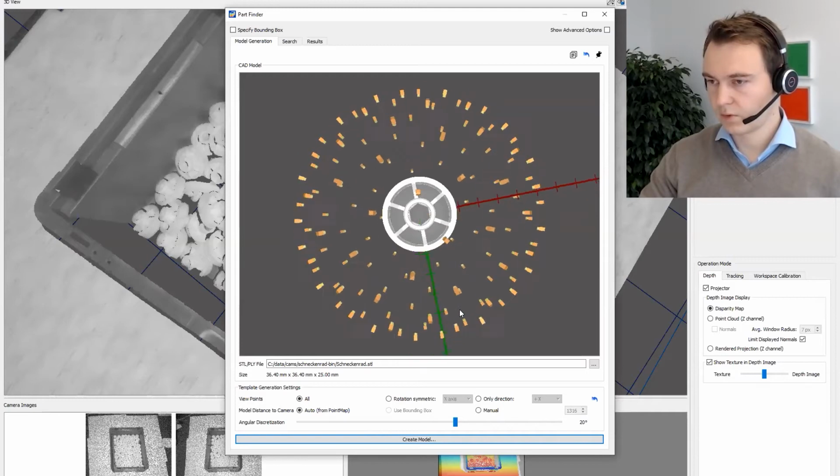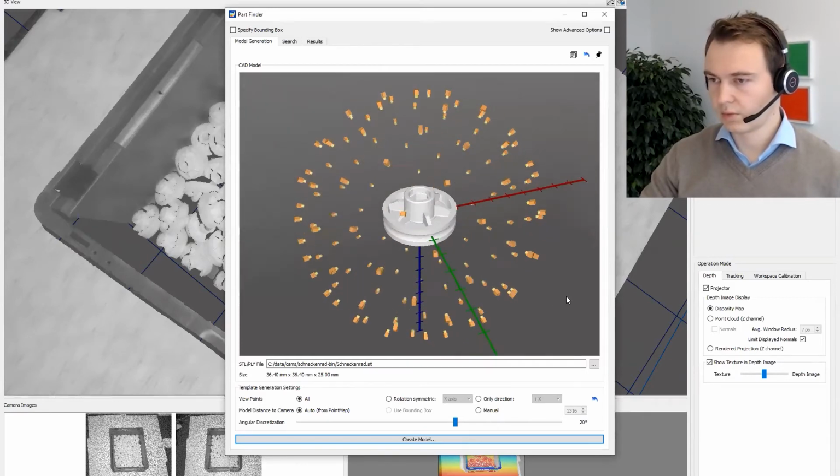Okay, so now you can see this is your loaded part. And in general, you can just leave the default settings here. It just tells you the size again. The models need to be in millimeter size, because some software tends to export it in meters or something like that. So you have to quickly check that it's correctly scaled. And then you can just click create model, which generates the templates from all the orientations,